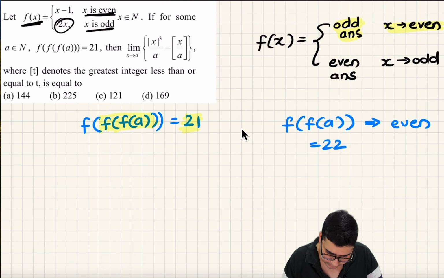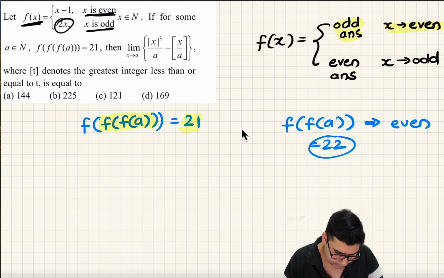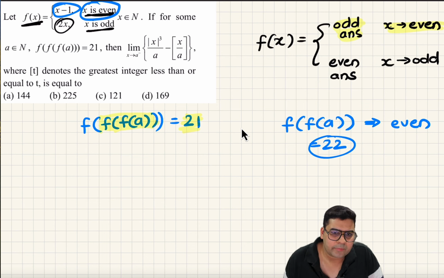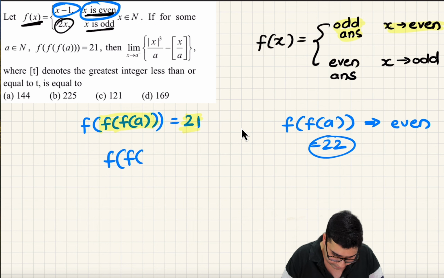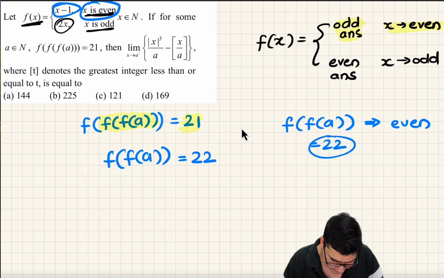क्योंकि अगर इवन वैल्यू होगी तो एक से कम होने वाला है, और 22 को एक से कम करेंगे तो 21 हो जाएगा। सो f of a must be 22. But now again we can use that nesting principle and say that if f of a is 22, it means that now my answer